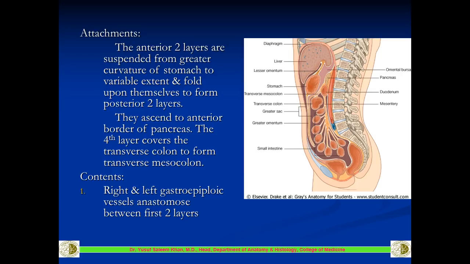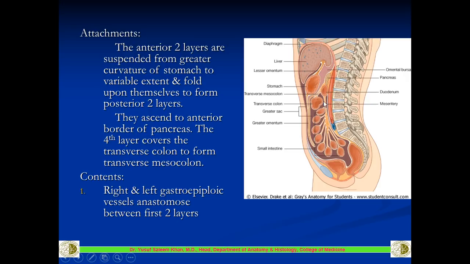So what are the contents of these 4 layers of the greater omentum, especially the first 2 layers? The first 2 layers will have very important structures. As I said, within these layers will be the structures which will be supplying the organs as well as draining the organs, as well as the nerve supply, all passing through these two layers. Similarly, in the first two layers, because it is covering the stomach, there will be blood vessels which are supplying the stomach, especially the right and left gastroepiploic vessels,